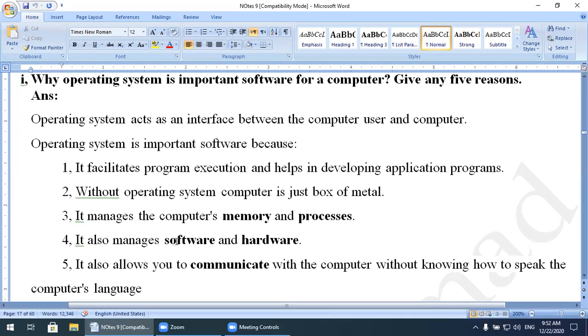So these are the software programs. And what are the hardware? Keyboard, mouse, monitor. These are called the hardware. So the operating system also manages the software in my computer as well as the hardware attached to my computer. It is the responsibility of the operating system. It can manage easily. Number five, it also allows you to communicate with the computer without knowing how to speak